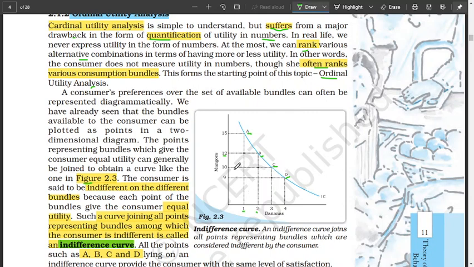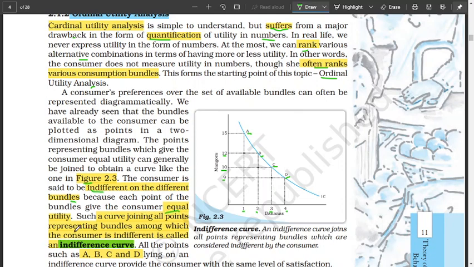Same satisfaction with point C, where you consume 10 mangoes and 3 bananas, or D, 9 mangoes and 4 bananas. Whether you choose A, B, C, or D, you'll get the same satisfaction. So you are indifferent whether you consume A, B, C, or D. The consumer is said to be indifferent on those different bundles A, B, C, and D because any of these points gives